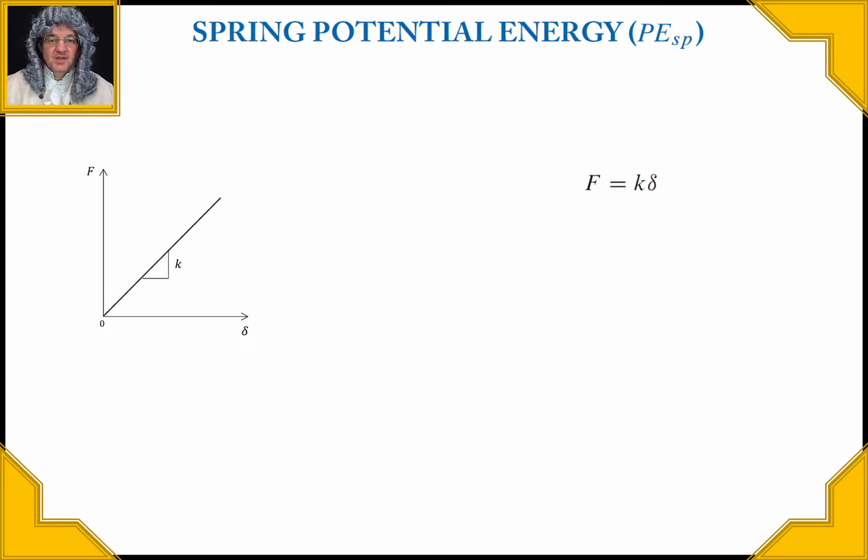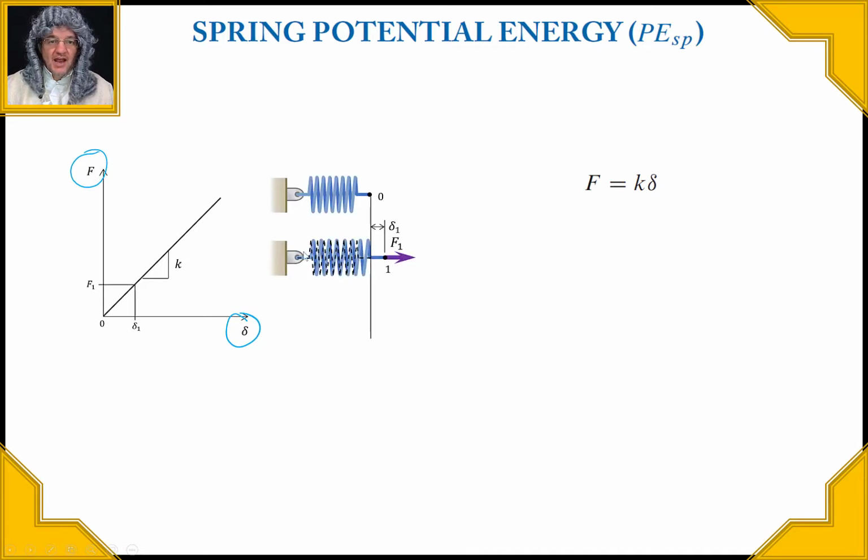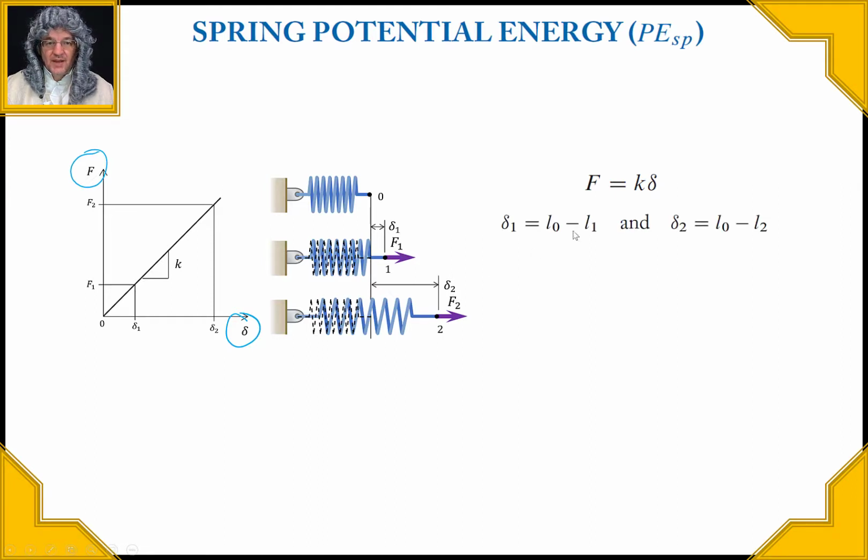Spring potential energy. Now we know that a spring rate is going to be force over deflection, right? With increased deflection, we have increased force, and if it's a linear spring, it's a straight line, and it's really the slope of this curve right here. So as you move up this curve, here's the unstretched position. If you put a force F1 onto it, it goes to a displacement, del 1, here. If you put some more force on it, F2 right here, it stretches to del 2, right? And we could say that these dels are going to be the length,